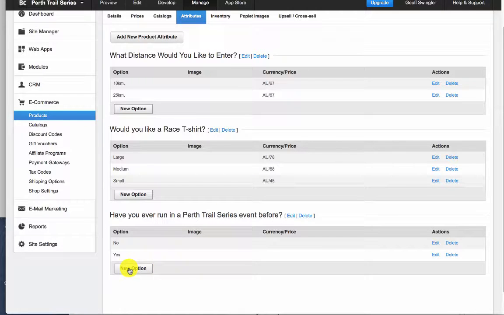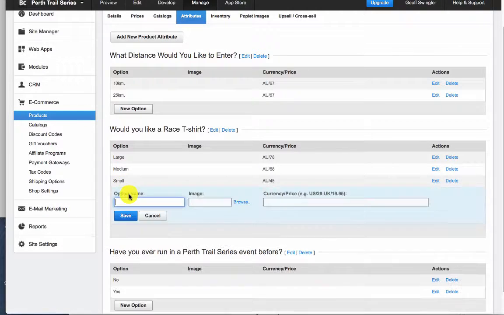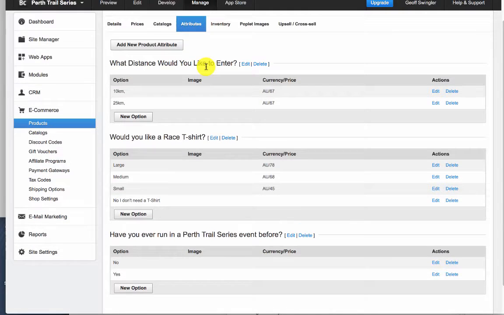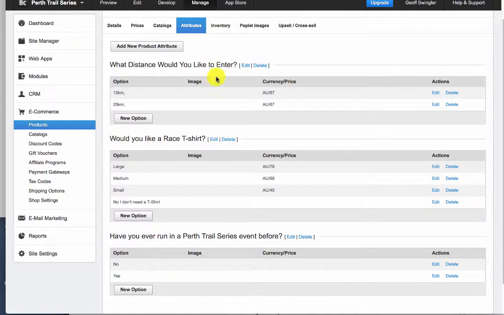And you can obviously add a new option. No, I don't need a t-shirt. And you don't need a price either. So again, if you just want to ask some simple questions, you don't need to put a price on it. And then once we have all those,